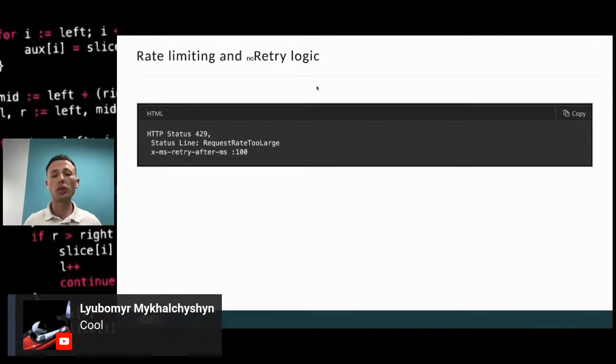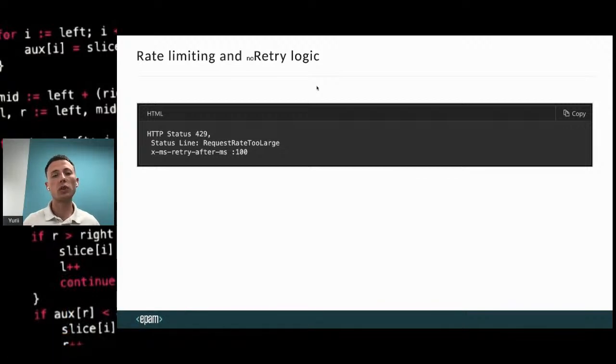And your application must be ready for this and have some logic to retry. Cosmos does not support retrying on the database side. If you exceed the number of request units, it simply throws this error, and you have to take care of the retrying in your application.